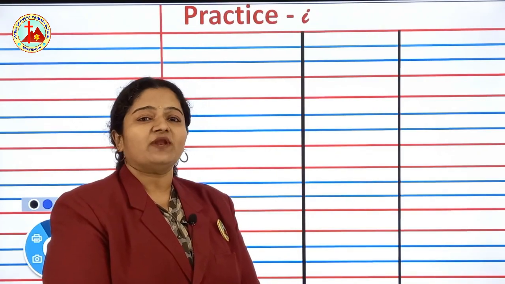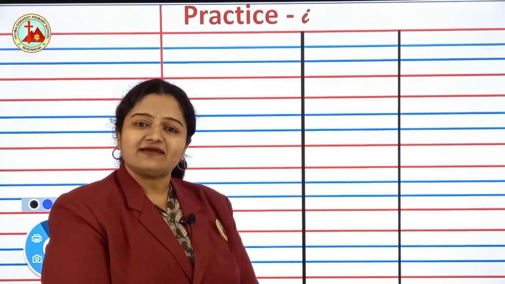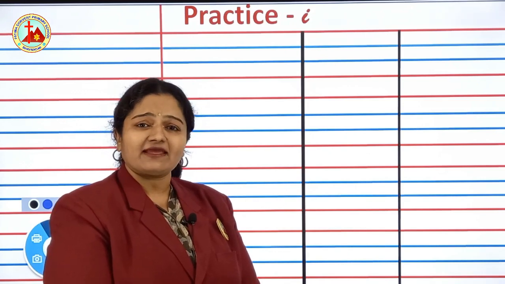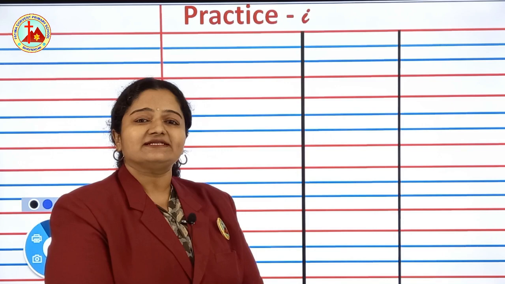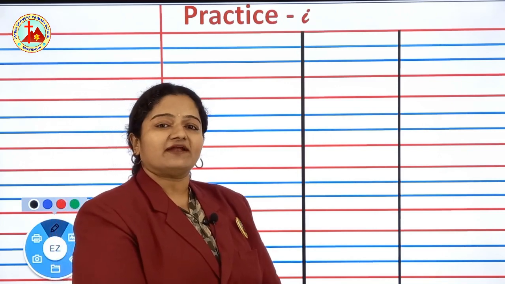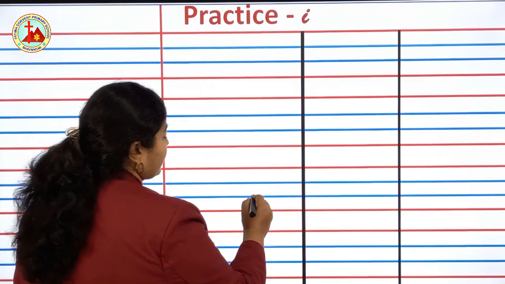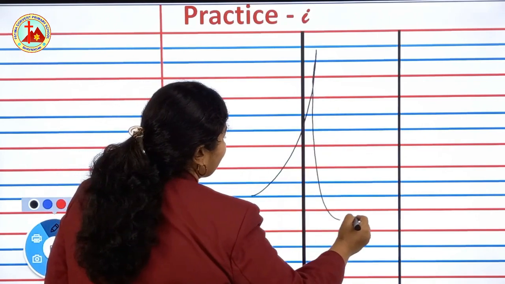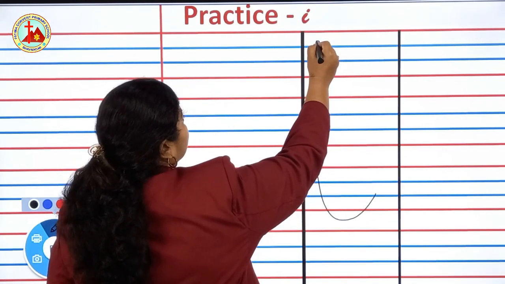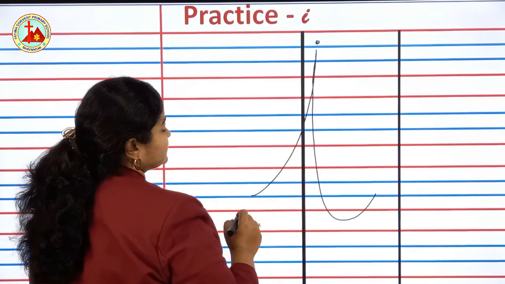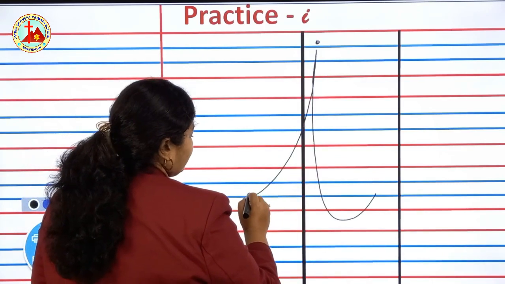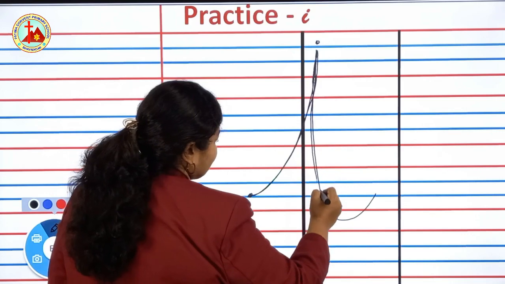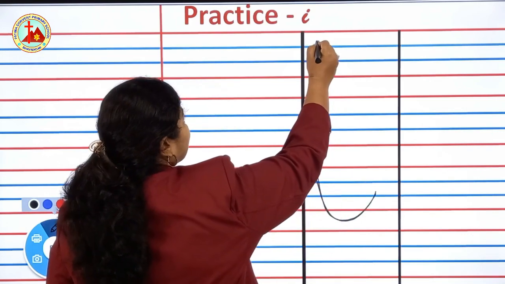As I said, cursive letters are divided into 4 different categories. So E comes in the loop category and I comes in the kite string category. I looks like a kite string. So first I will teach you the correct formation. So look here, you have to start from here, go on top, come back, down. And you have to put a dot on I. This is cursive I. Again children, start from here, go on top, come back down. This is cursive writing I.